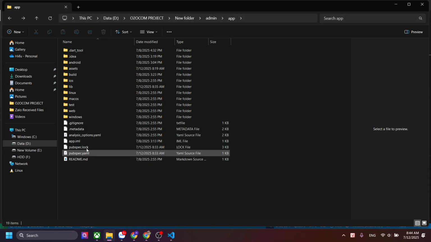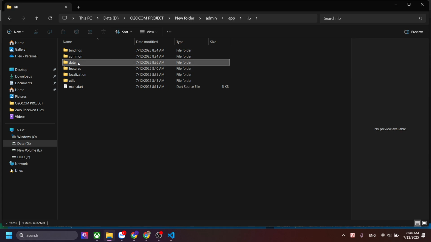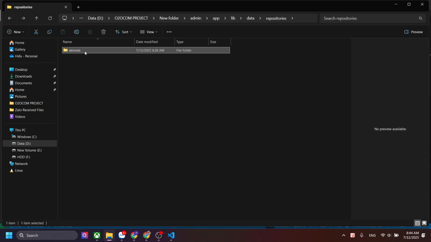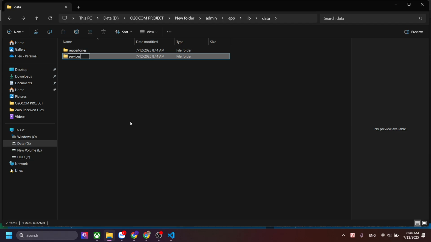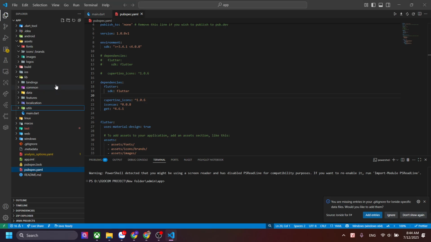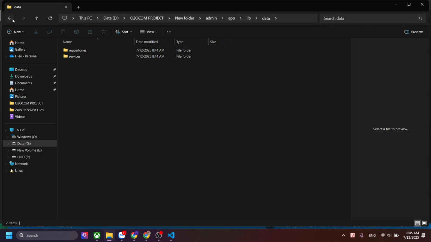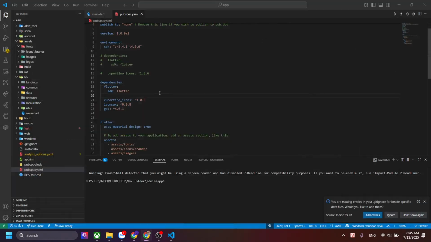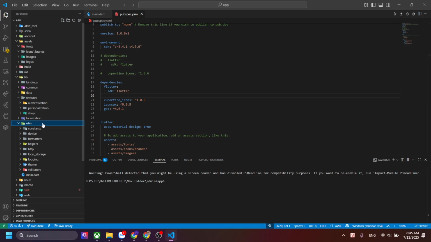Then we will learn how to add HTTP, local storage, helper functions, logger helper functions, and